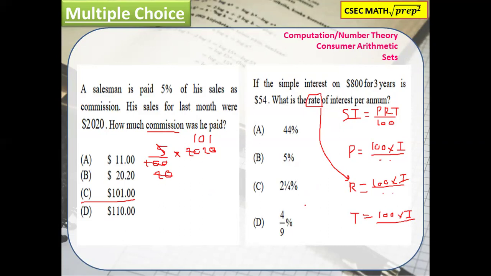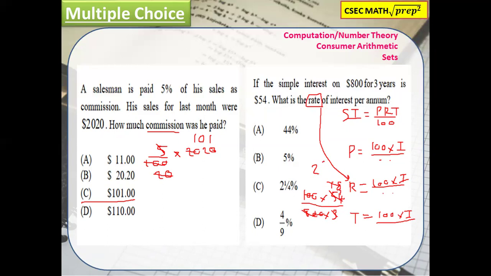So it'd be 100 times 54, they say is the interest. And we're dividing it by the 800 times 3. So 100 can go into 800 8 times. 3 can go into 54. 3 into 5 goes 1, leaving 2, and 3 into 24 goes 8. That's 18 times. And then 8 into 18 goes 2 times, leaving